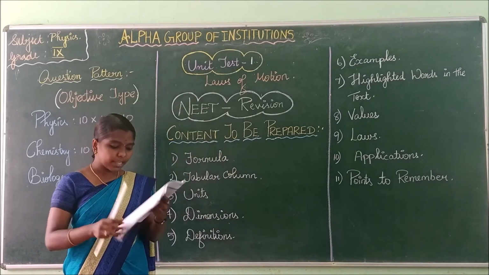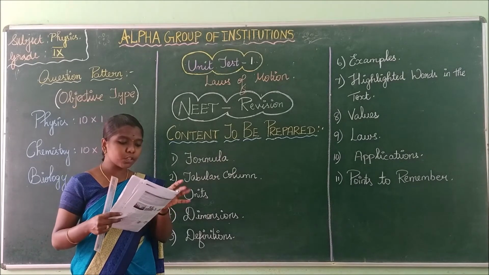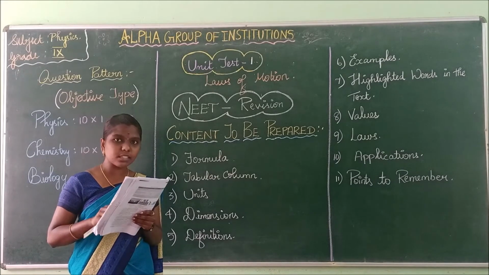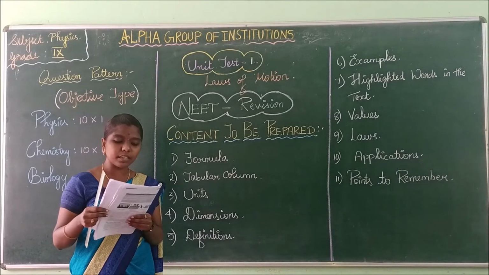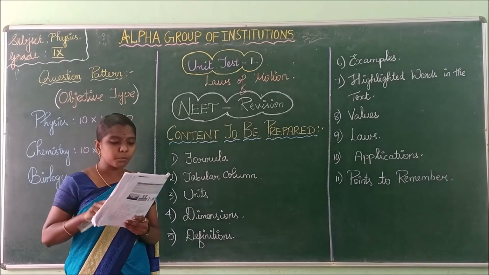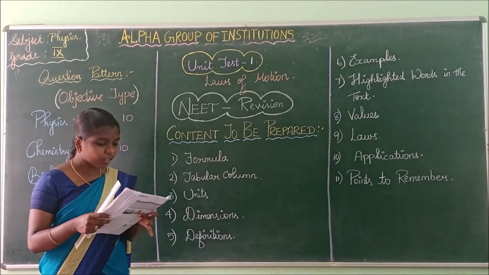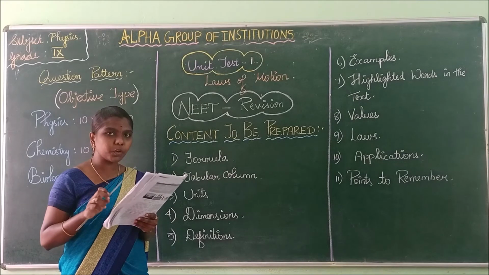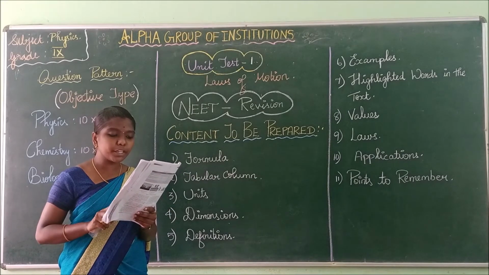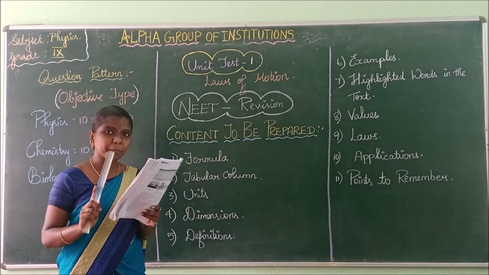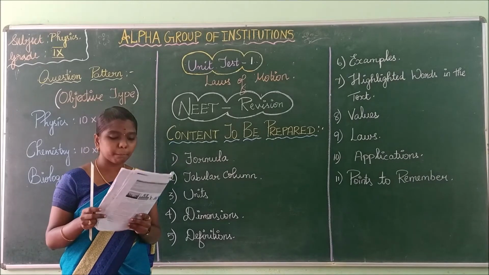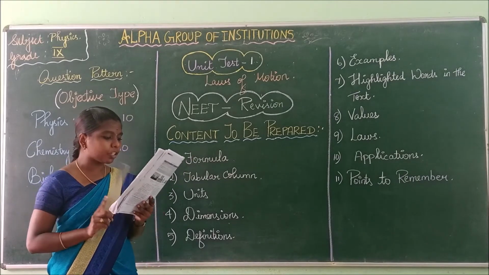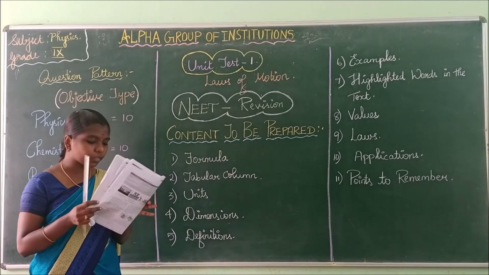Next, take page number 5. See the first topic, moment of force. The rotating or turning effect of force is called moment of force or torque. Next, the SI unit of moment of force is Newton meter. Underline the words Newton meter. Next, see couple. In that couple, see the last line: the rotating effect of a couple is known as the moment of a couple.